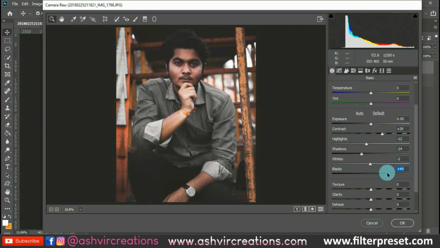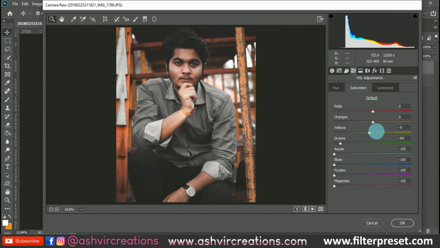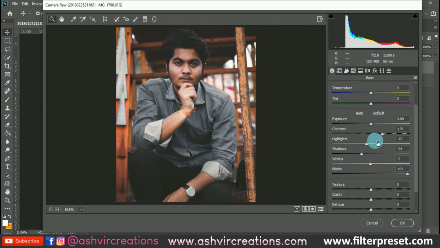So first of all, after applying the preset, we're going to increase the blackness, and we are going to increase the purple and magenta tone in the photo. And from here, in hue and saturation, we're going to adjust the skin tone to get that goldish effect. In order to get the gold effect, first of all we are going to increase the shadows, because we want to get the perfect details of the black, so we are going to increase the